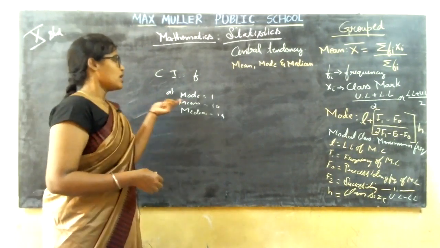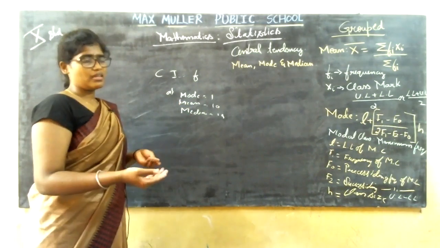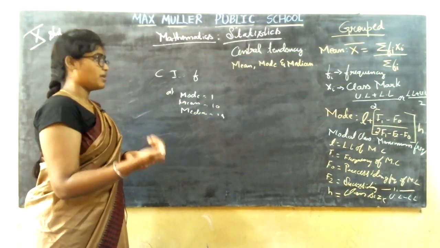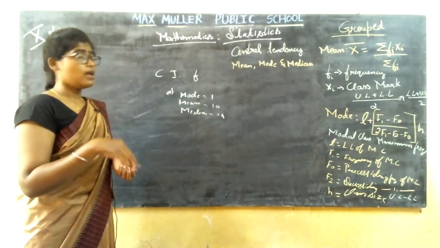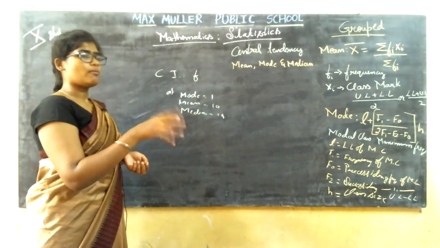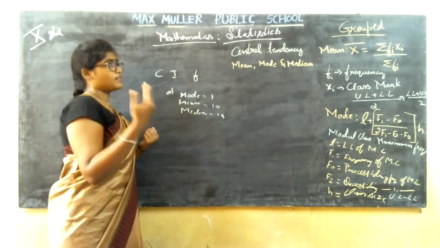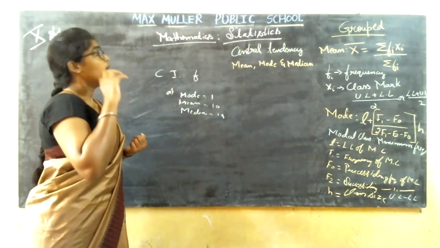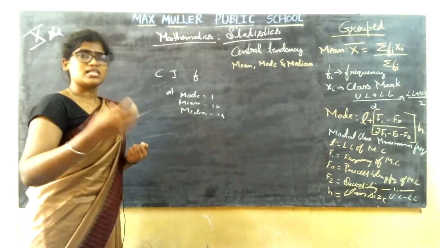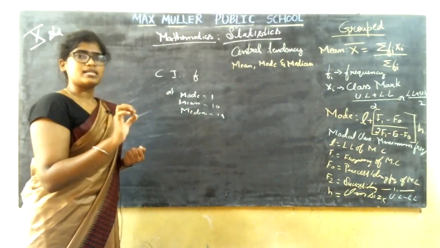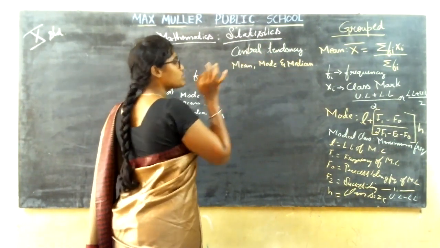This is also easy because for median you have only one direct formula, and for mode also it is a direct formula, and for mean you have a direct formula. Median you are going to learn now, it is also the simplest formula. So all you need to do is apply the formula and get the answer. They may ask you to find the central tendency. When they ask you to find the central tendency, you should be very careful about what term they are asking, that is the mean, mode, or central tendency, which means finding more than one. When they ask only for the mean, they won't use the word central tendency.